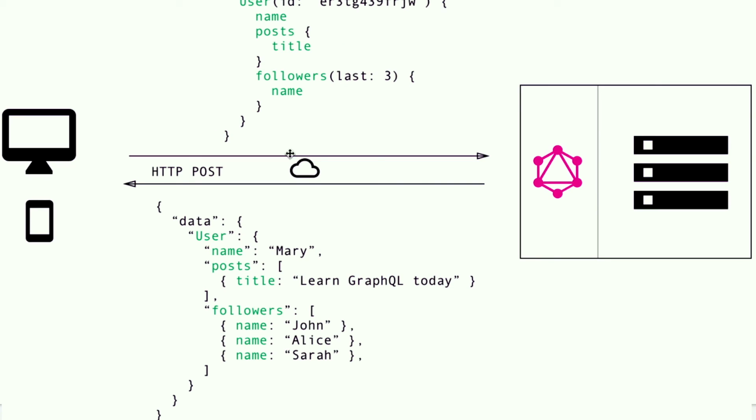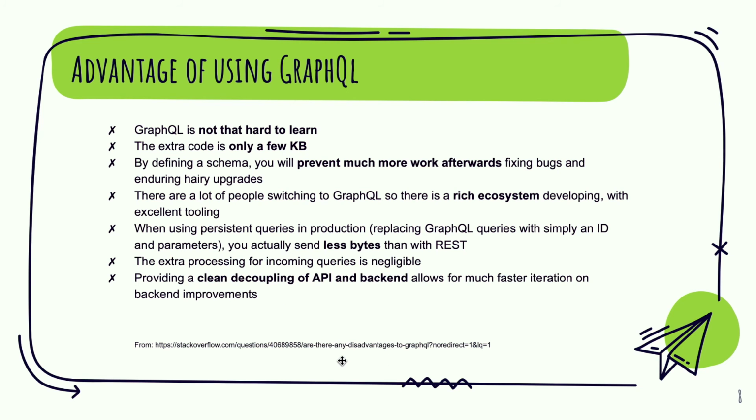So whatever data we are passing, it will fetch accordingly. The extra processing for incoming queries is negligible. Providing a clean decoupling of API and backend allows much faster iteration on backend improvements. Since we are not cluttering our data with irrelevant information and irrelevant fetching, we have a clean decoupling of API and backend, which is much faster.